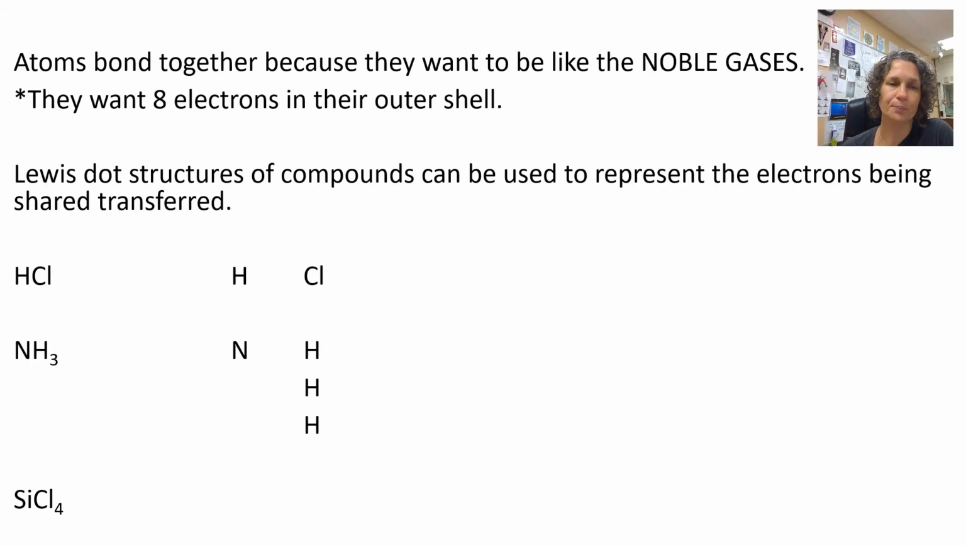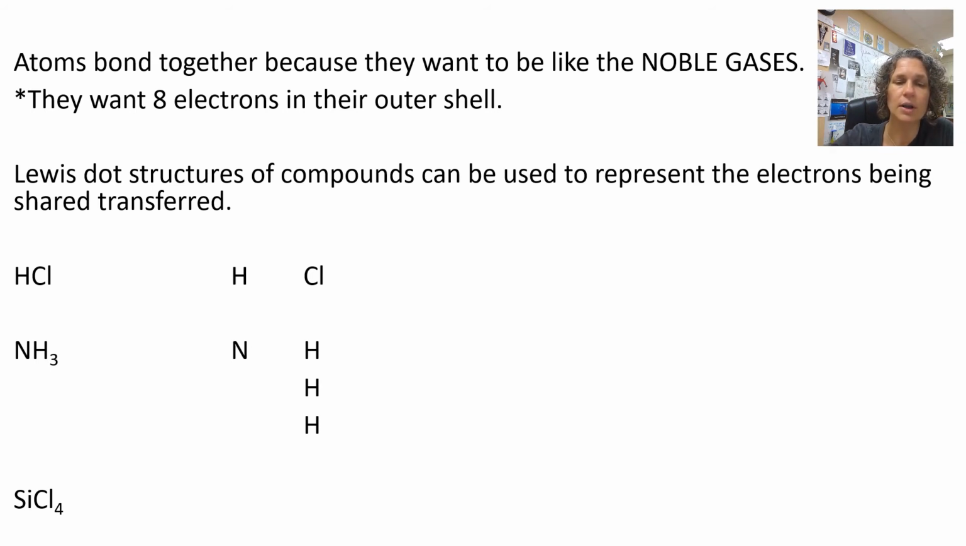Okay, so now, why do atoms bond? They bond because they want to be like the noble gases. They want to have 8 electrons in their outer shell, and they can do this by sharing or by gaining or losing. And the Lewis dot structures are used to represent the electrons that are being shared. We did a form of this when you were freshmen, so it should be somewhat familiar. When you are looking at your elements, you look at the valence electrons. So if we're talking about HCl, which is hydrochloric acid,